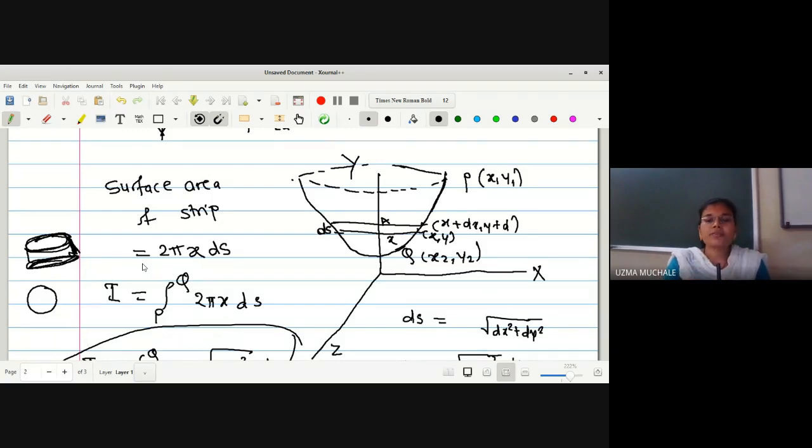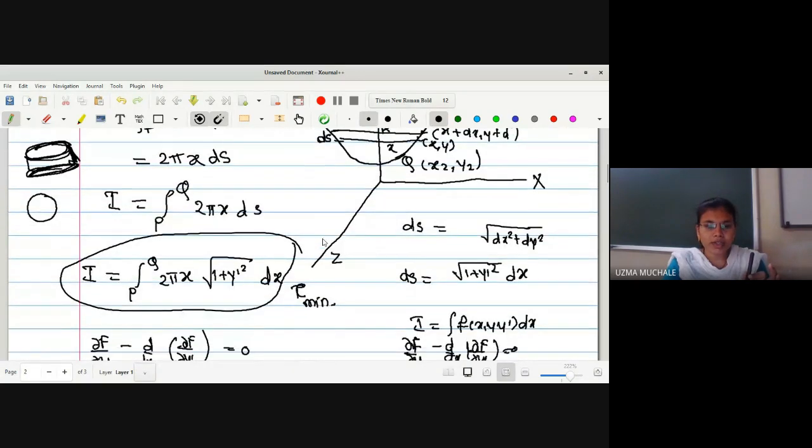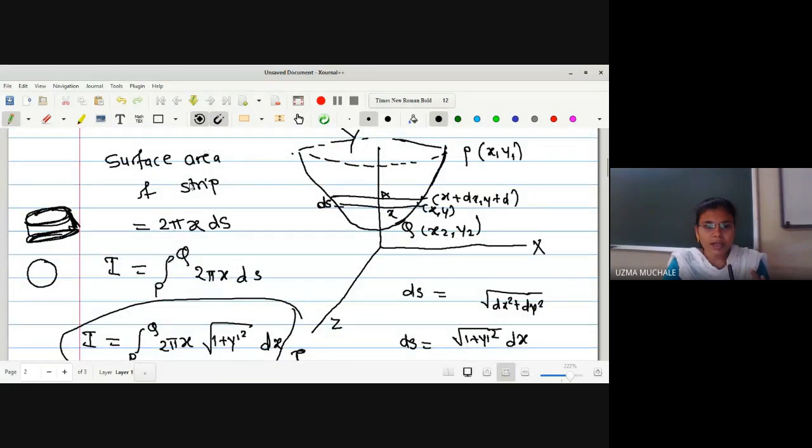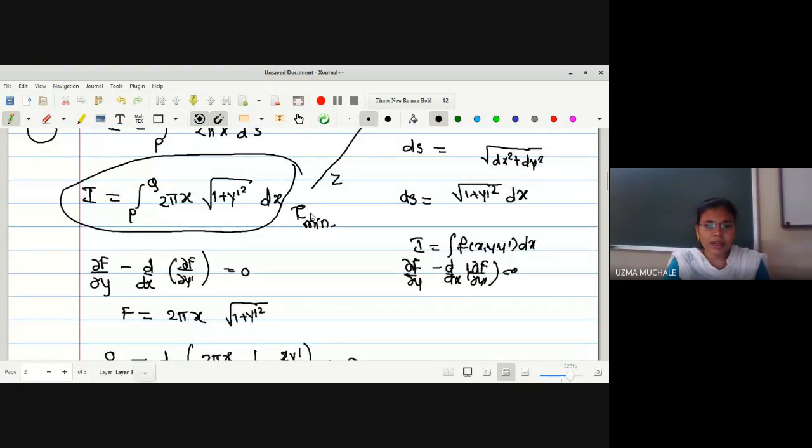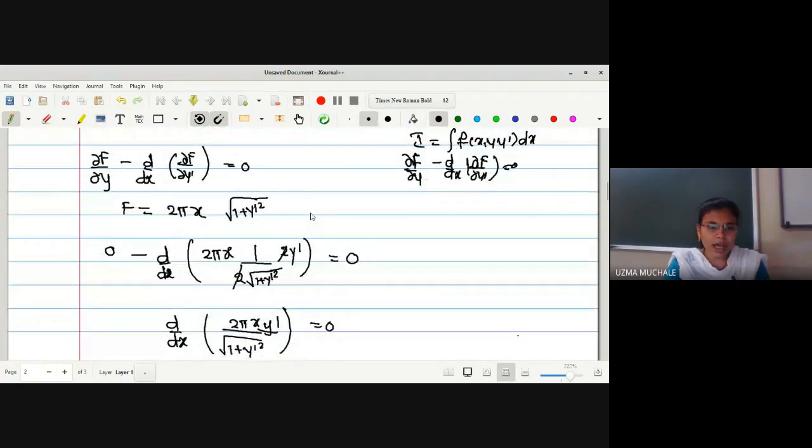Okay. So first we found the distance between any two neighboring points. After that, we have to find the integration, that is 2 pi x ds. Okay, this we obtained with the help of the disk formula. Now the area of the disk we have to find with the help of 2 pi r into the height. What is the height in this case? It is ds, 2 pi r into ds. As x we have taken as the variable, because from any point we can find the value of ds. And then after that we used the Euler-Lagrange equation.